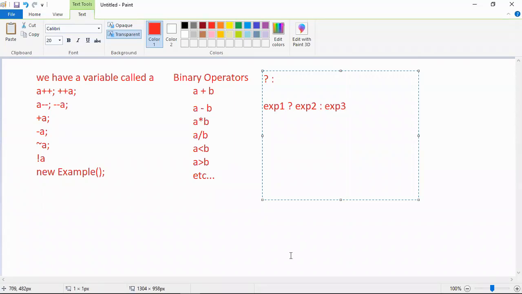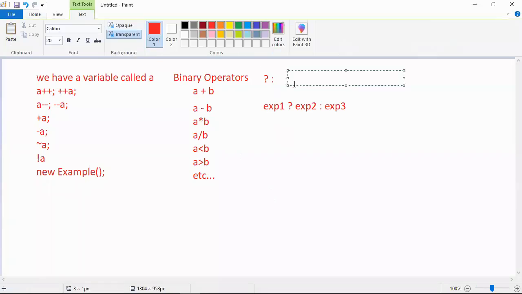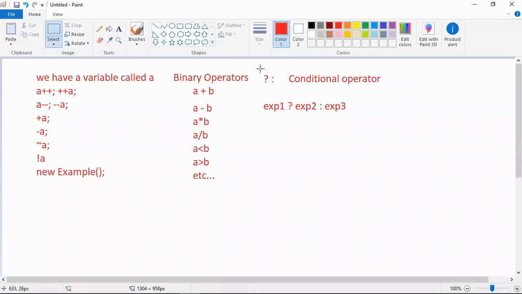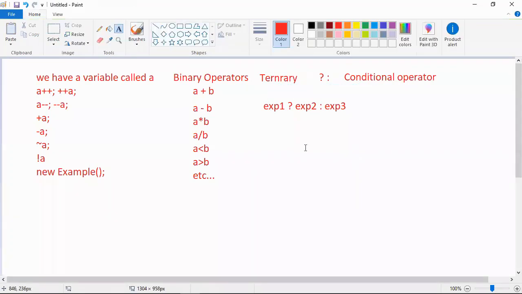The ternary operator is also called the conditional operator. Why is it called the conditional operator? Because it is working on a condition.